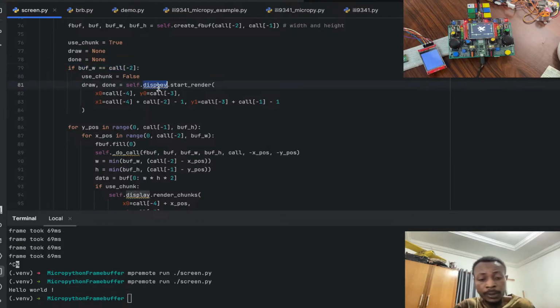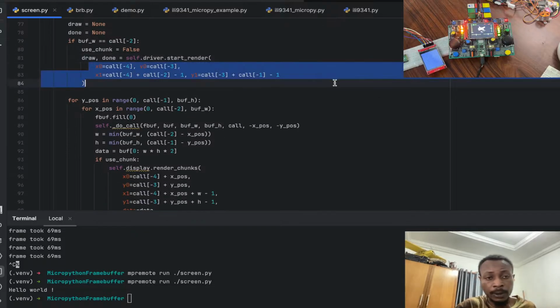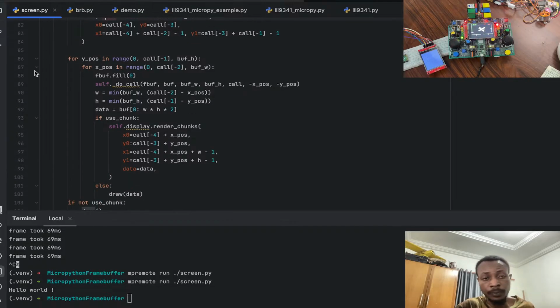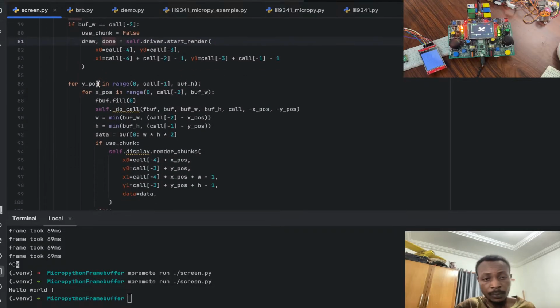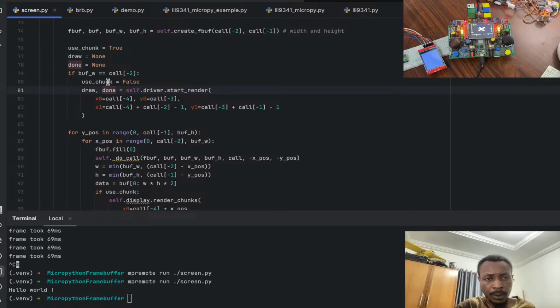And so this should be driver. And we start our render, right? And this we call start render with the positions that we want to draw, and it returns us a function to draw and a function to call once we are done, right? And so we, how do we set this use chunk? Okay, right. So if we have enough space, we do not set our use chunk, and so what it